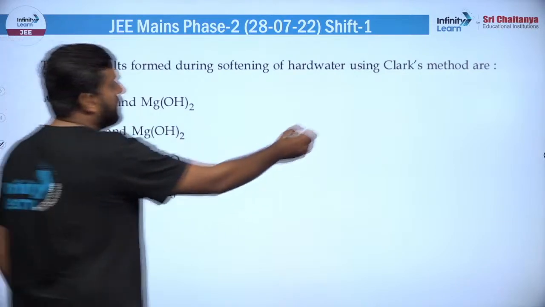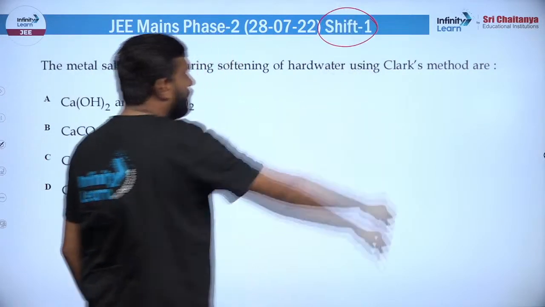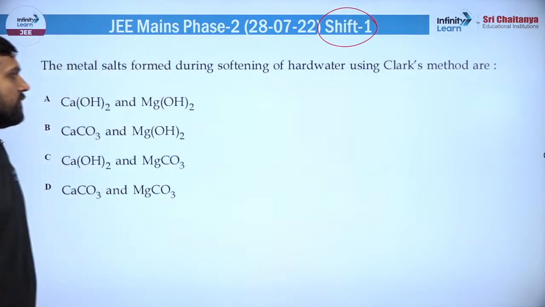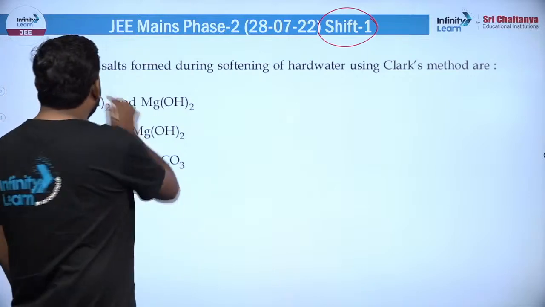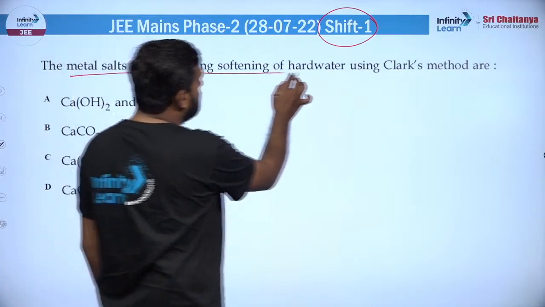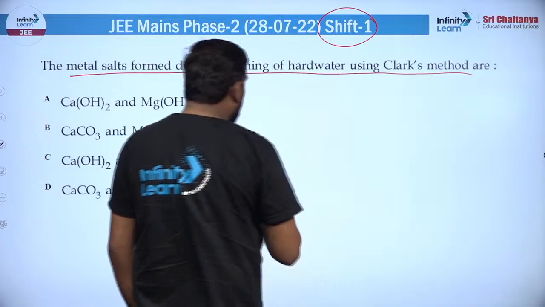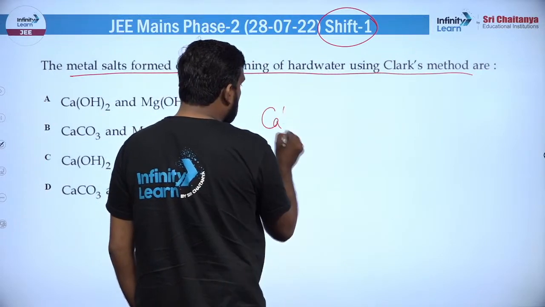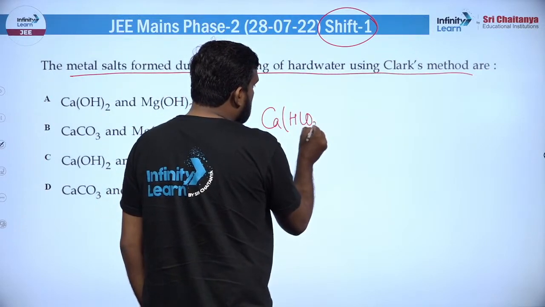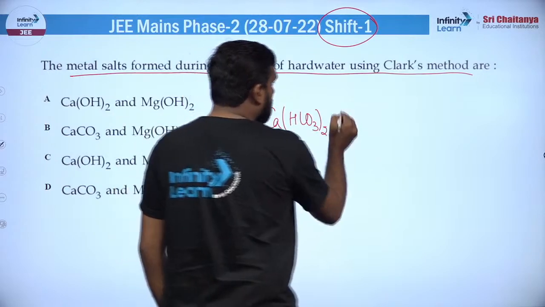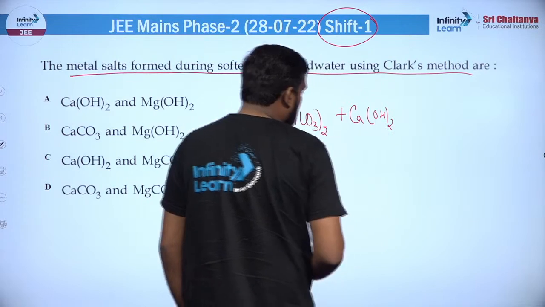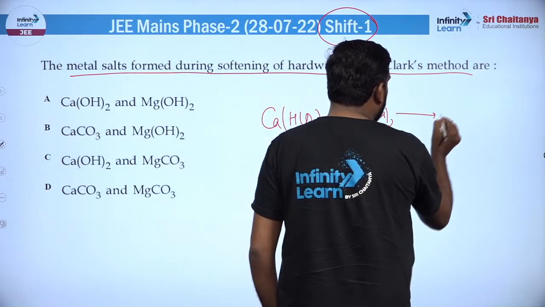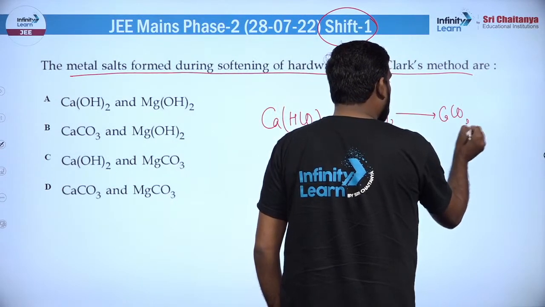गोइंग टू द नेक्स्ट स्टेप, ये बेसिकली शिफ्ट 1 और शिफ्ट 2 दोनों पेपर में रिपीट हो गया था, ठीक है। और क्वेश्चन बहुत सिंपल है कि जब मेटल सॉल्ट फॉर्म ड्यूरिंग द सॉफ्टनिंग ऑफ हार्ड वाटर, तो आप क्या करते हो, जब भी हमारा हार्ड वाटर है, ठीक है, जब हम उसको बेसिकली Ca(OH)2 यानी कैल्शियम हाइड्रोक्साइड से ट्रीट करते हैं, यही क्लार्क मेथड होता है, तो ये बेसिकली CaCO3 में कन्वर्ट होता है, ठीक है।